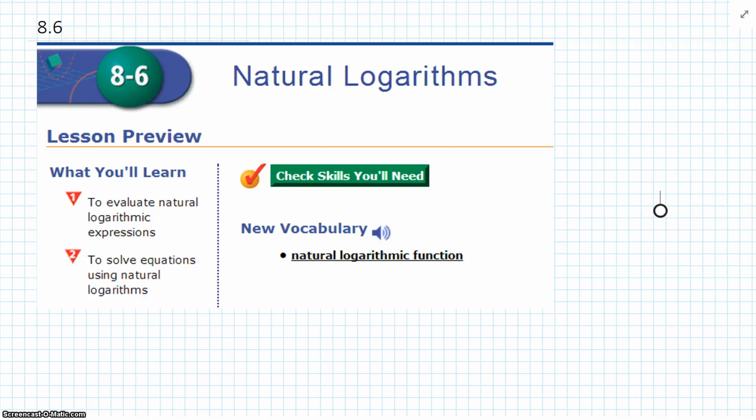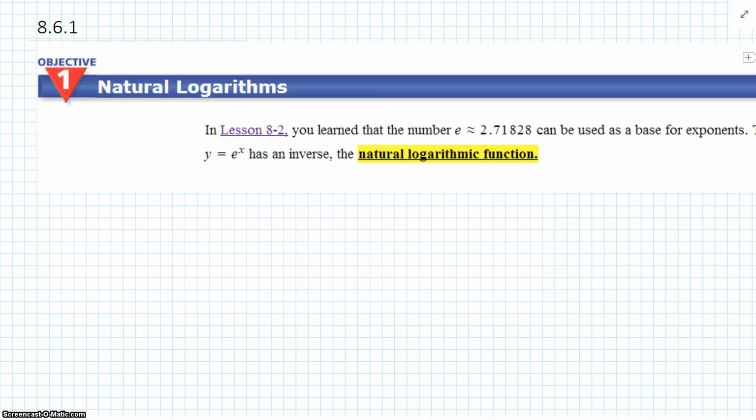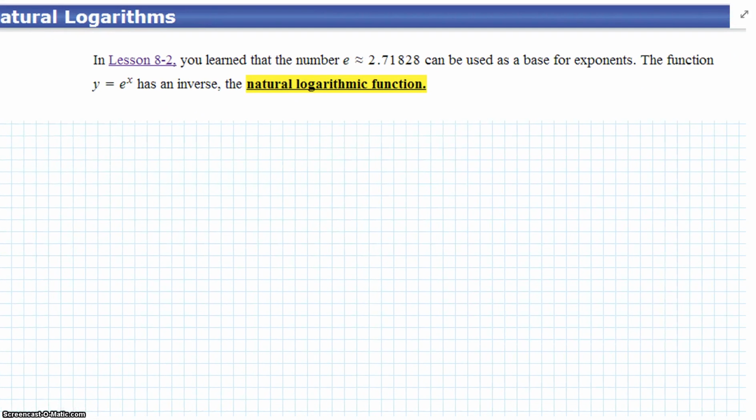Algebra 2, Chapter 8, Section 6, Natural Logs. What we're going to learn in this lesson is to evaluate natural logarithm expressions and to solve equations using natural logs. Okay, in 8.2, we learned that the number e is approximately